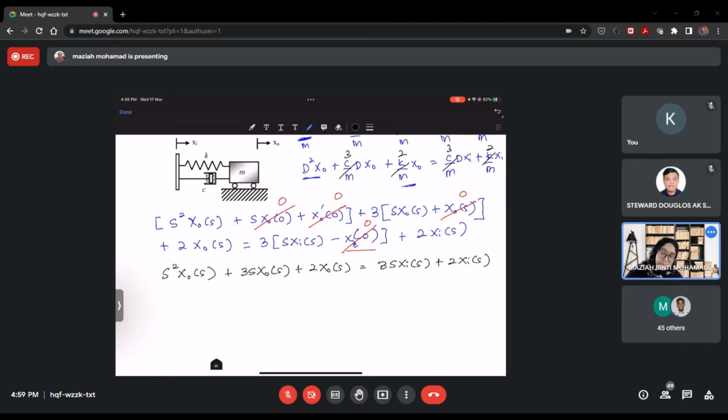We're going to apply the input, but first let's write the equation in the form of output equal to transfer function multiplied with the input. We factor x naught s here: s squared plus 3s plus 2 equals 3s plus 2 multiplied with xi s. So x naught s is equal to 3s plus 2 divided by